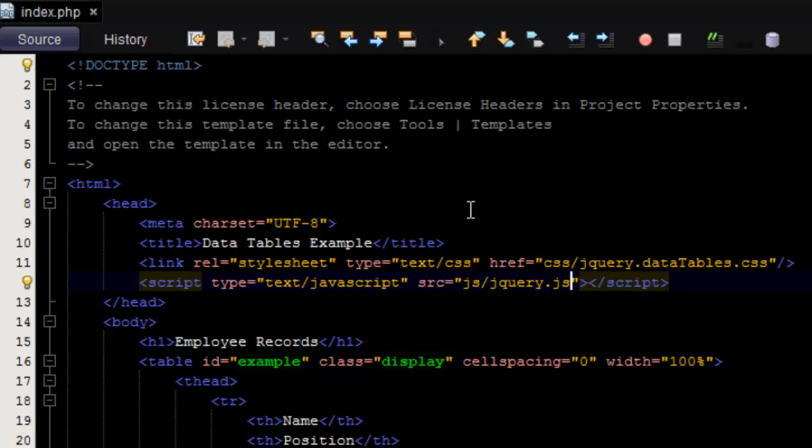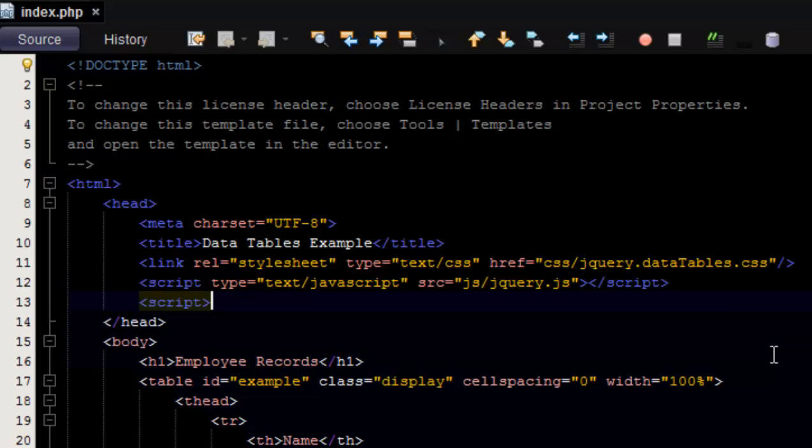I forgot to note that if you are not using NetBeans, maybe for some reason your preferred IDE is not NetBeans, you can still do what I'm doing and follow along with 99.999% of all what I'm doing. All you just have to do is to understand HTML and JavaScript and CSS and how to link these files. So now that we've done that, the next script that we have to link